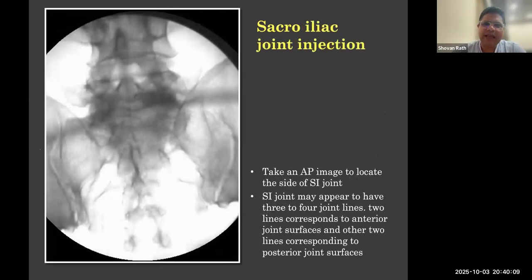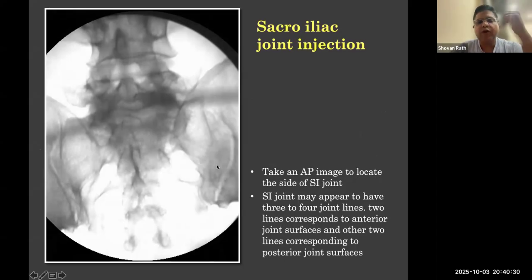Again, you can put this the same as the transforaminal one. Next is a SI joint injection, or the sacroiliac joint injection. This is one point where you don't have to turn the fluoroscope to your side. There are two conditions where you have to turn the fluoroscope to the opposite side just to see the